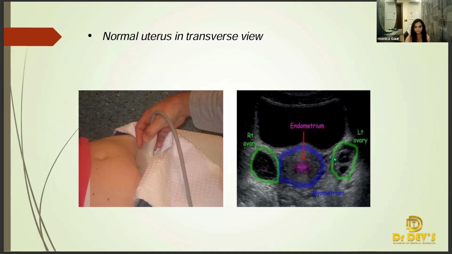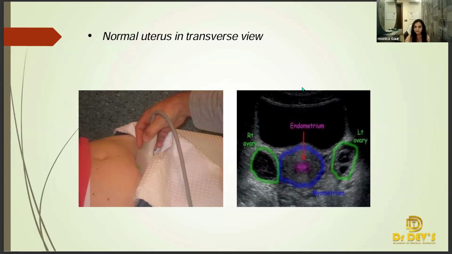In transverse view. When it becomes longitudinal view, we see urinary bladder, uterus, anterior and posterior. These two sides of our window change their position when we change the position of the probe. So when we are talking about the transverse section, that means we are putting the probe transversely.